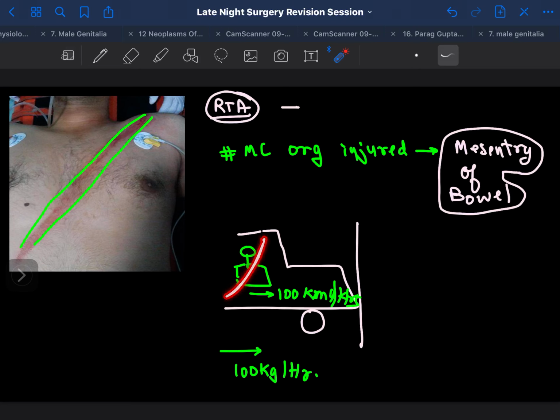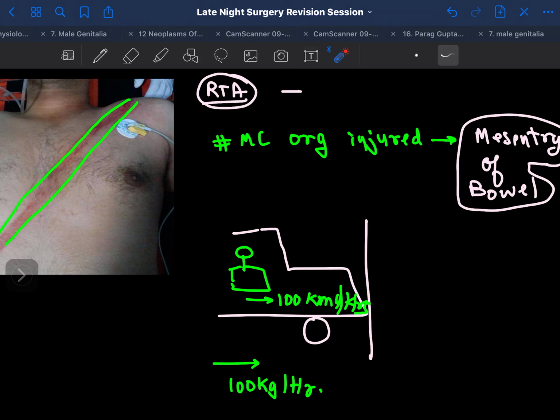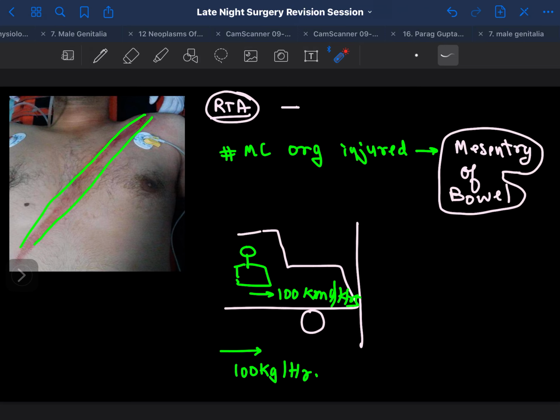I hope you're able to understand, right? If the person wouldn't have worn the seat belt, the person would have gone with 100 kilometers per hour and would have hit the windscreen or something like that. Okay, I hope you're able to appreciate it. Now, that is fine. The person has also come to a standstill, but now what we need to go inside